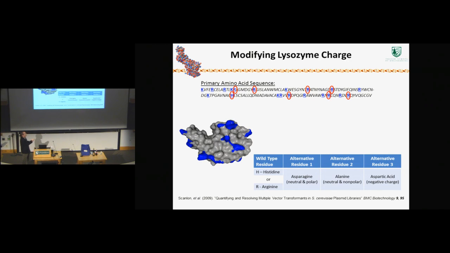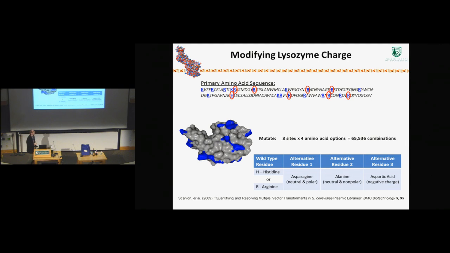Alternatively, he mutated to an alanine. This is a different amino acid that is likewise neutral, but it's nonpolar, so its chemical character is a little bit different. And then finally, as a third alternative, he mutated them to aspartic acid. So these are negatively charged amino acids that would reduce the net charge by 2 for each position where we made this substitution. And again, the idea is that if we have 8 target sites and 4 possible amino acids that can be filtered in at each site,